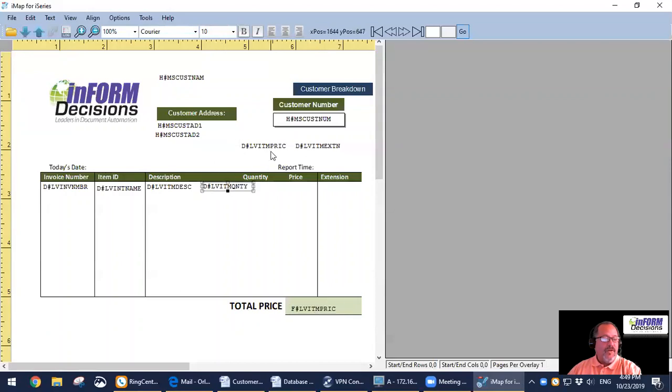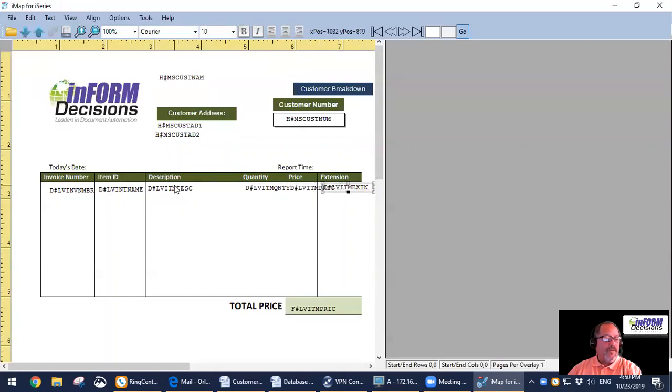And I'm just going along the way, putting our information where we want it to appear, just roughly laying it out there. And you can see from laying this out, it's pretty straightforward. It's just a matter of picking and dropping the information where we want it to appear. So let's put the quantity where we want that to appear, our pricing,